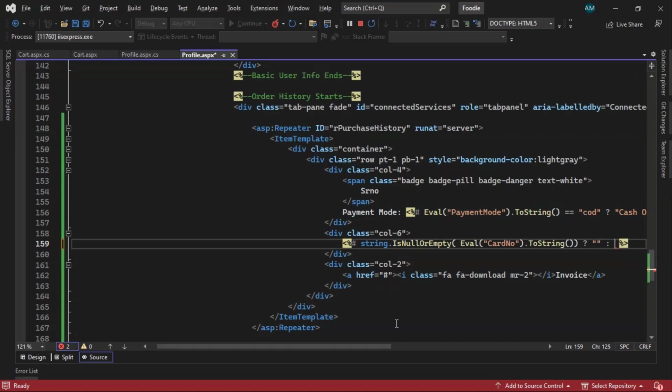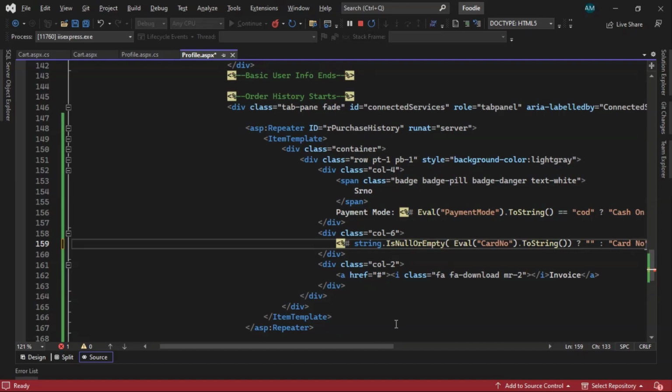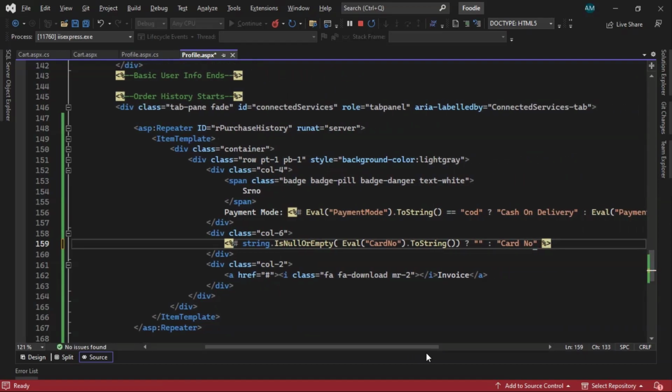Or if it has value, then we want to display text, that is card number, and after card number we're gonna display the card number value